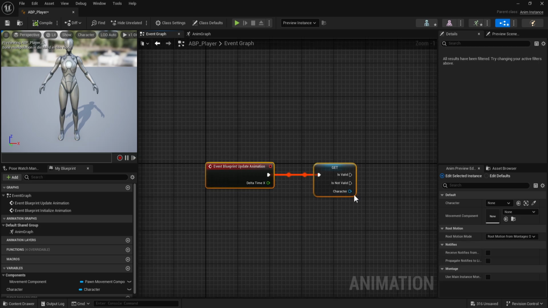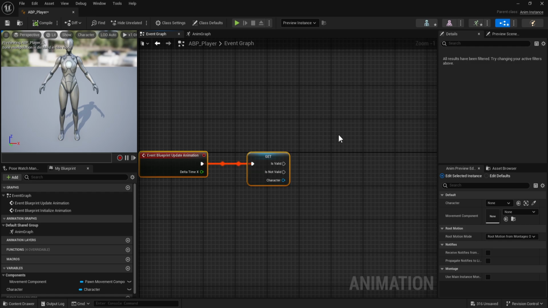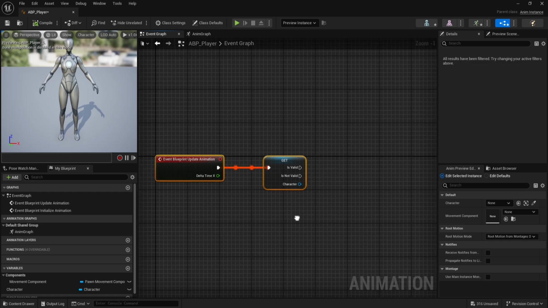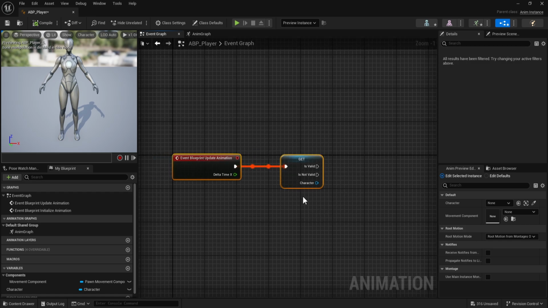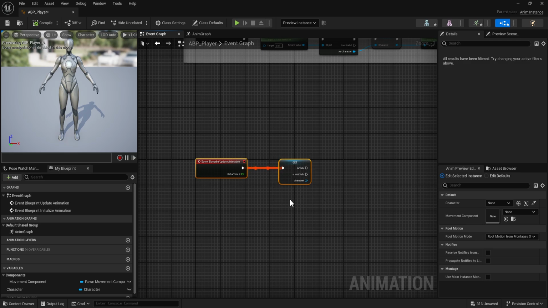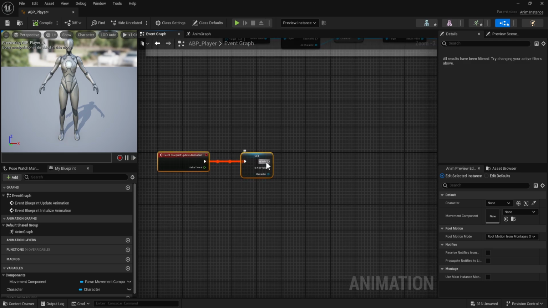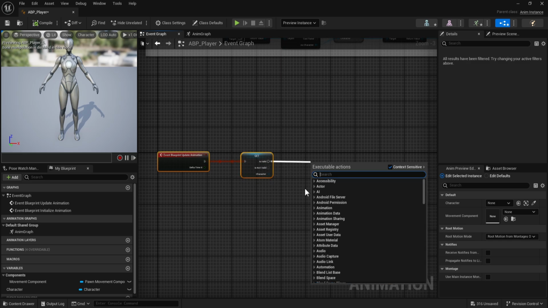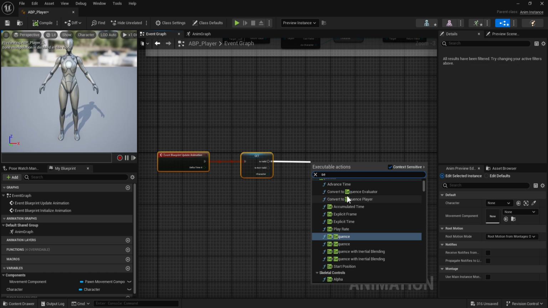When you use it for complex stuff, it's very heavy on the project, but for the character blueprint and this stuff, it's the default to use it, so it should be fine. So if it's valid, if this character does exist, we're gonna do a sequence,